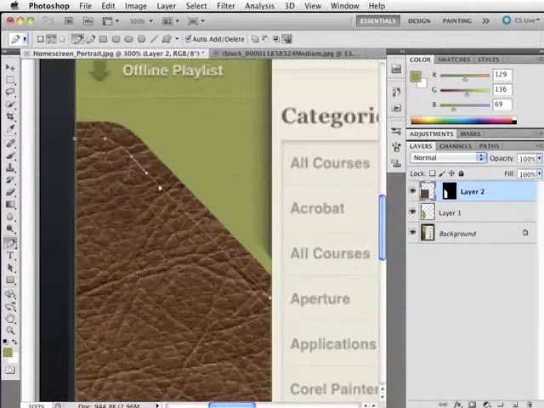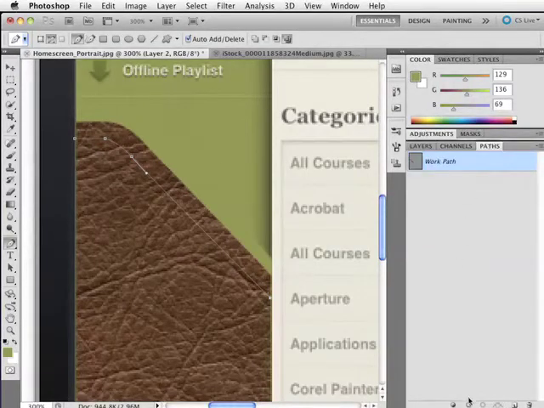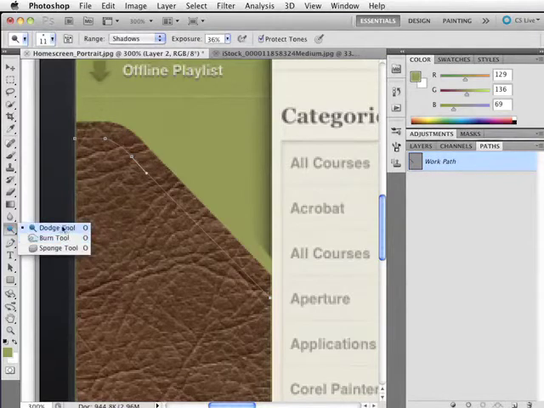Now, we're going to use a very cool little tool for this. If you go into the Paths palette, you'll see that there's an option here, Stroke Path with Brush. It's this little button right at the bottom. What it does is it strokes the current path with a brush. Well, I don't necessarily want to use a brush tool, but I can also use my dodge tool. The dodge tool is a brush. So if I set the range to shadows, the exposure to about 35, 40% or so,